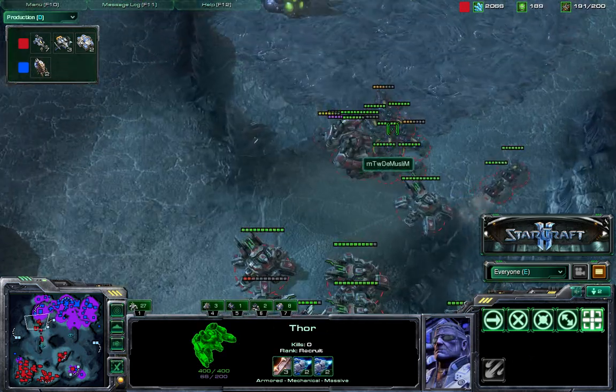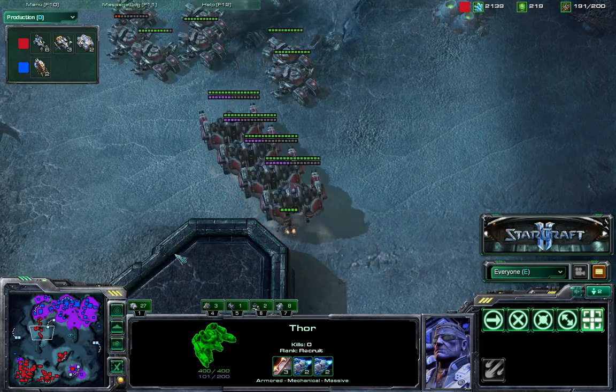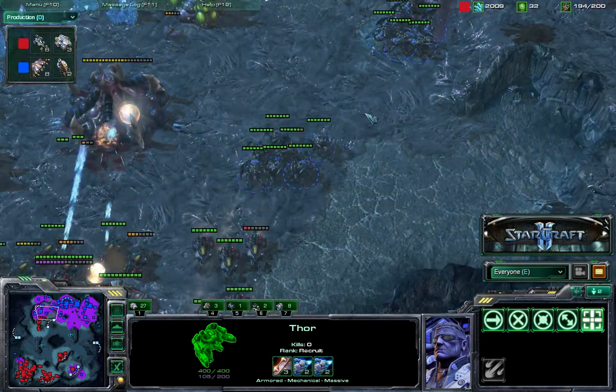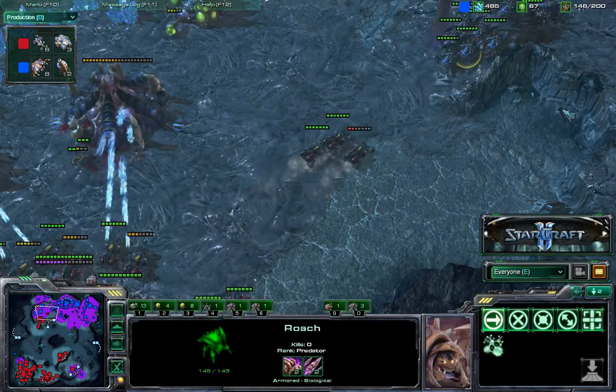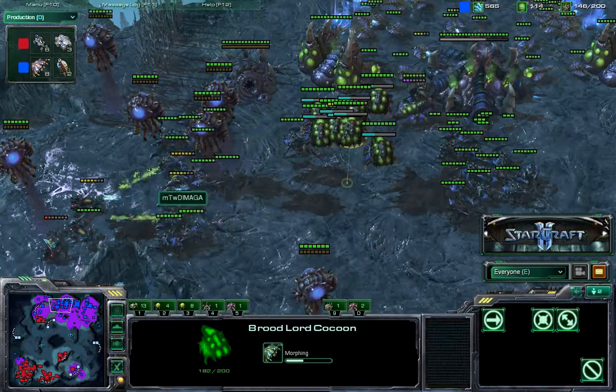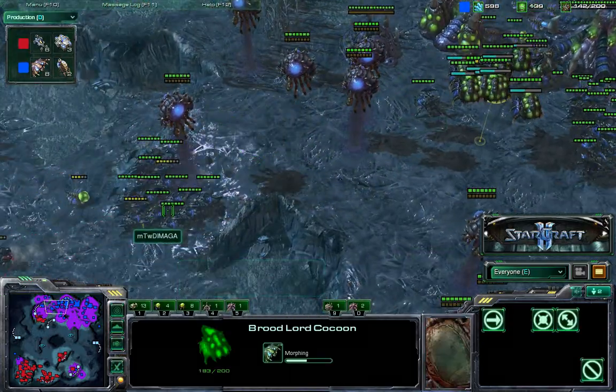How many Thors does he have already? One there, followed by four more, five Thors in the front, and here come the Broodlords. Roaches trying to hold the position while I think he transmutes the Broodlords. He already gave up on that expo, and here are the Broodlords, all of them morphing, while the Roaches try